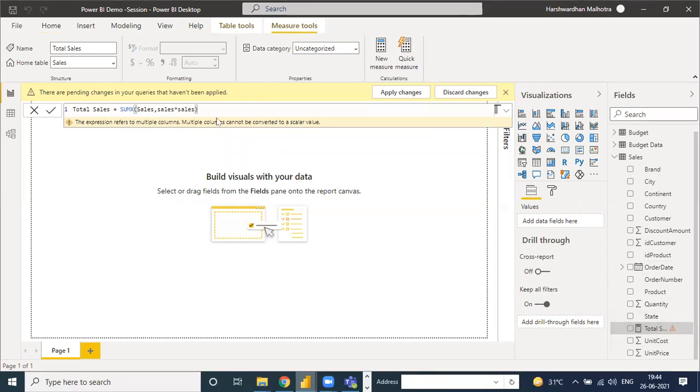See, our total sales measure is there. Let me click over there, the bracket, and it's not getting the correct format.